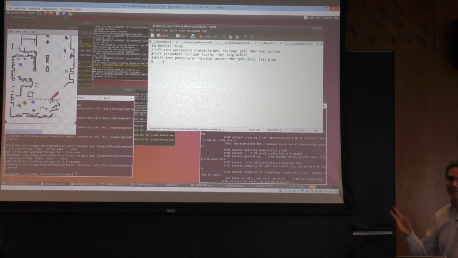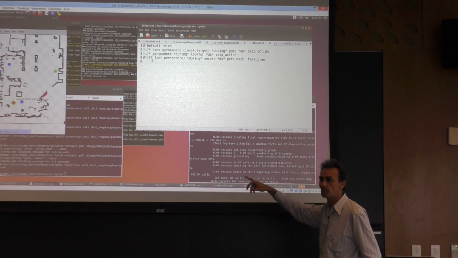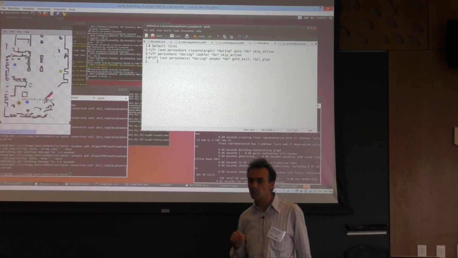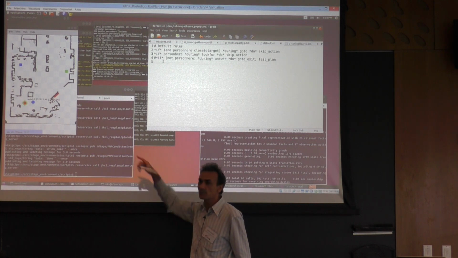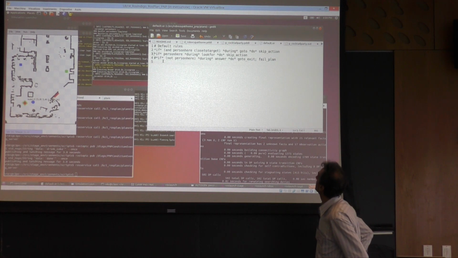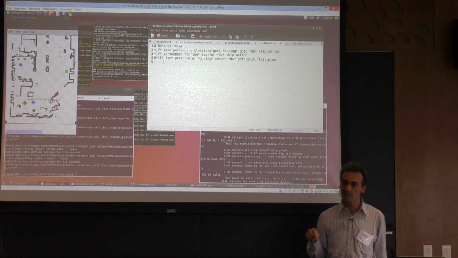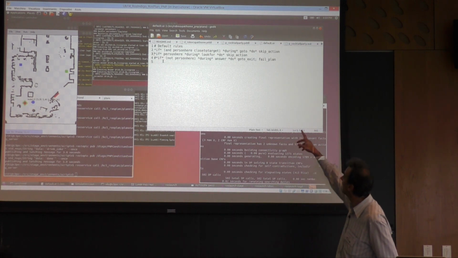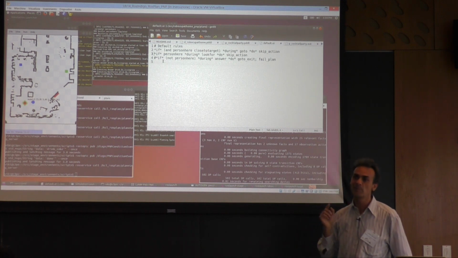Now they were commented before, so they were not applied in the previous plan. Now, when I restart the plan, these rules will be considered and integrated into the PNP. And we will see a behavior that, when the robot is doing the action go to, the action to move to the living room, and this condition person here and close to target is true, it means that the robot is able to detect a person, it's close to the target where it has to arrive, then there is no need of continuing the action go to, and this action can be skipped.